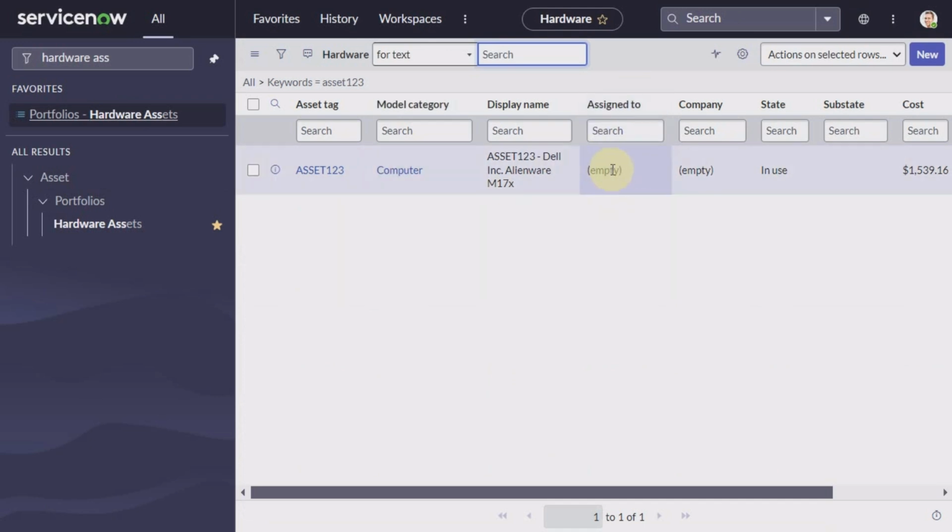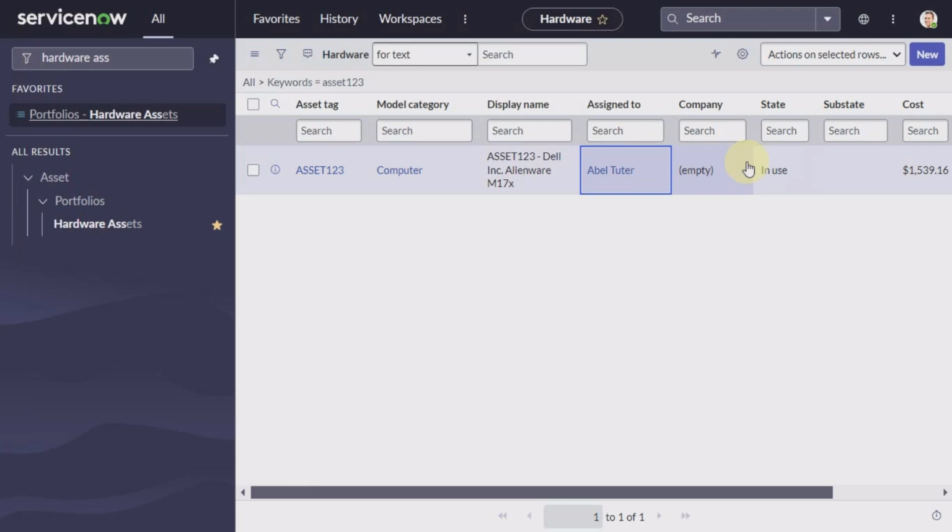So yes, you can cross verify like this. Whatever change will be made to the configuration item, that change will automatically be made to the asset record as well. Whatever change you make to the asset record, that particular change will be made to the,